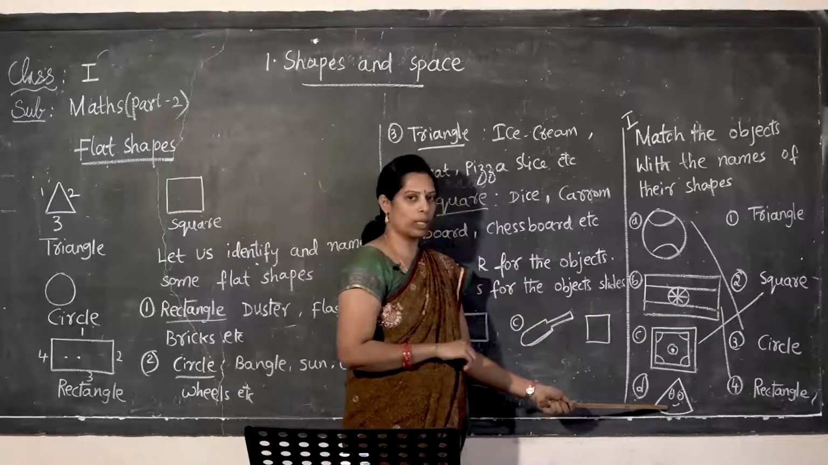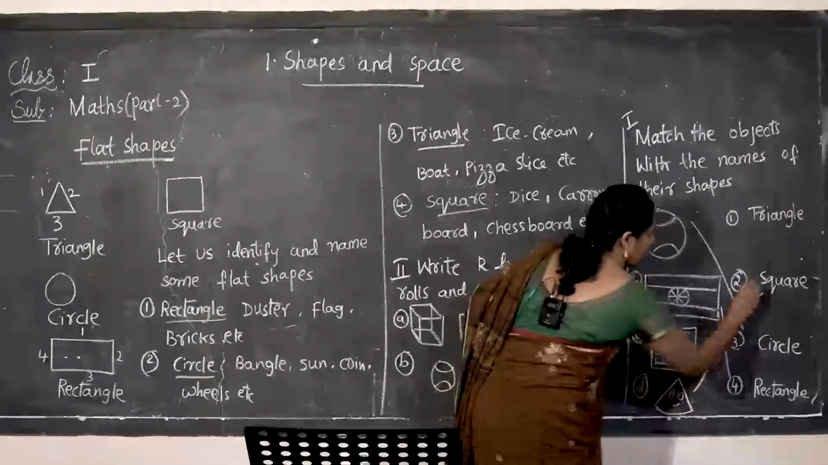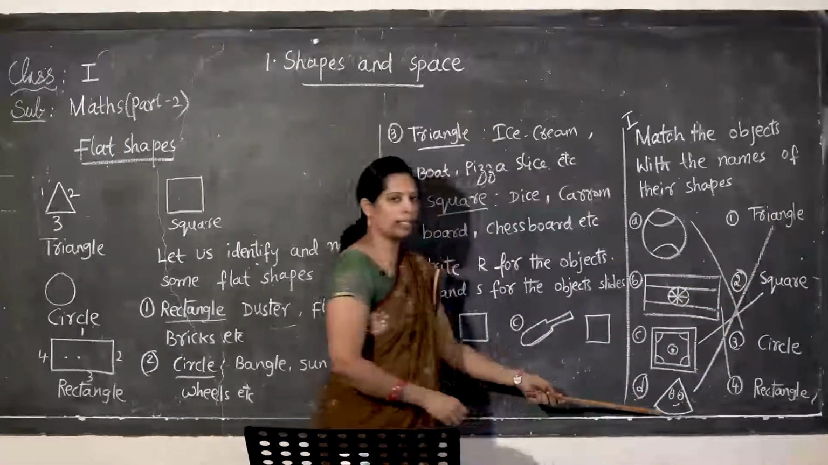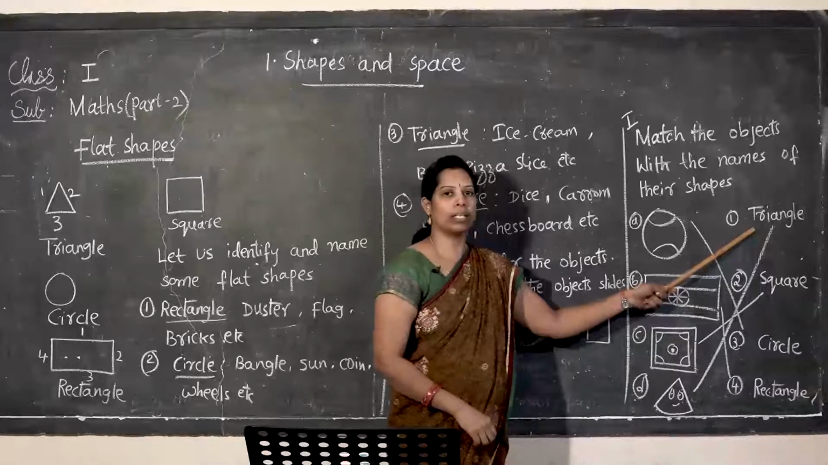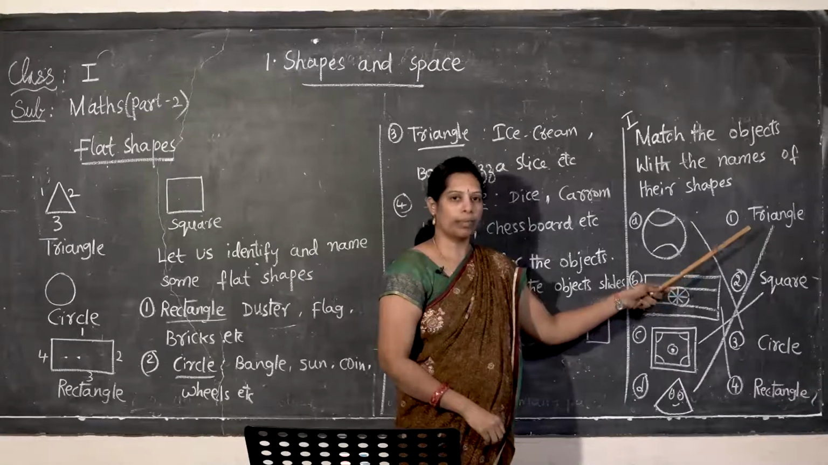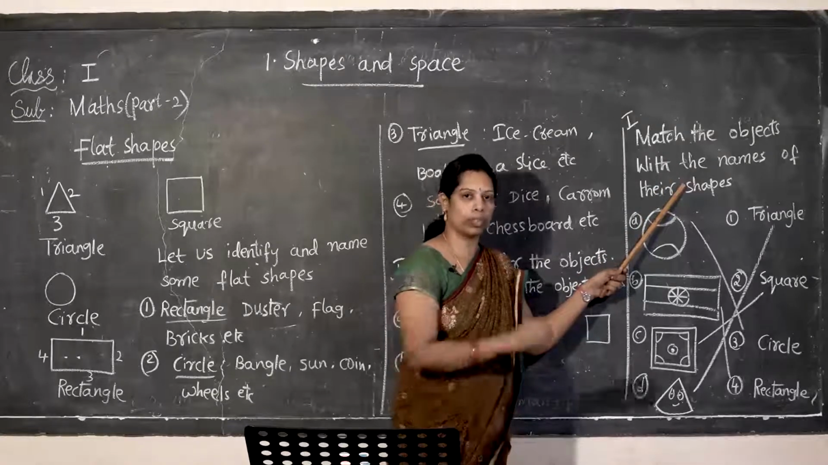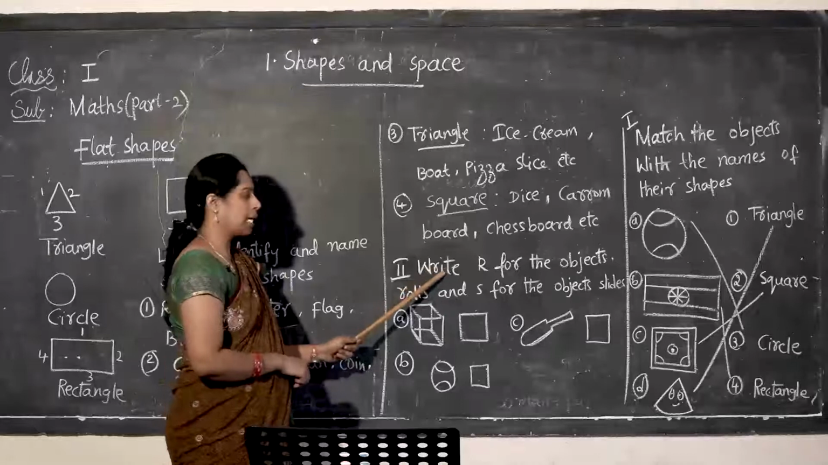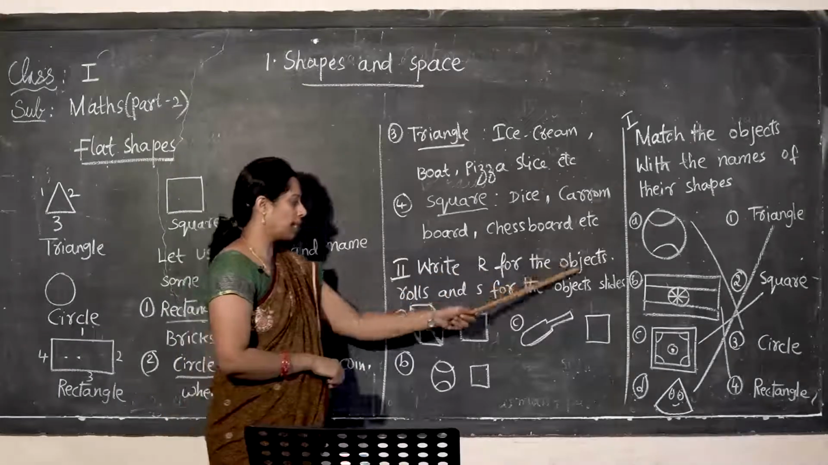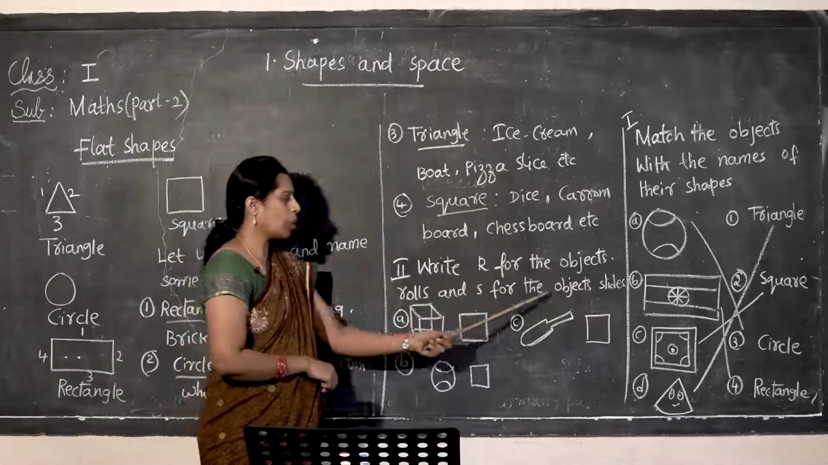Next, what is this one? It is a triangle. What is this object? It is a triangle. Yes, students, is it clear? All the flat shapes, we have seen some examples and we have completed the match the following also based on these flat shapes. Now, we have to write R for the objects that roll and S for the objects